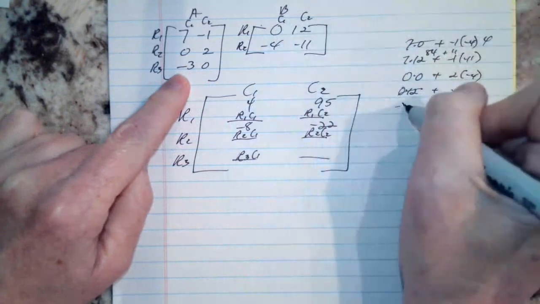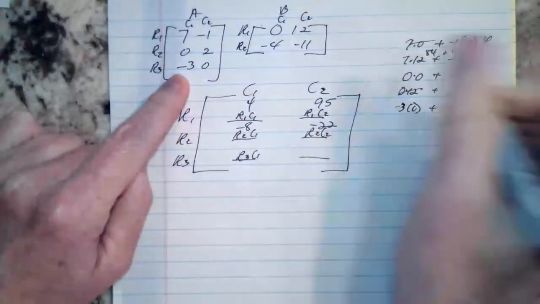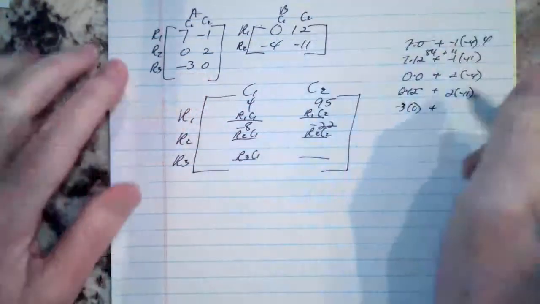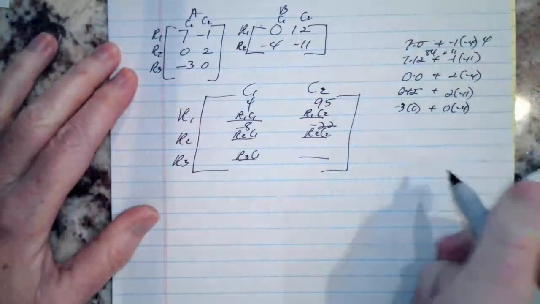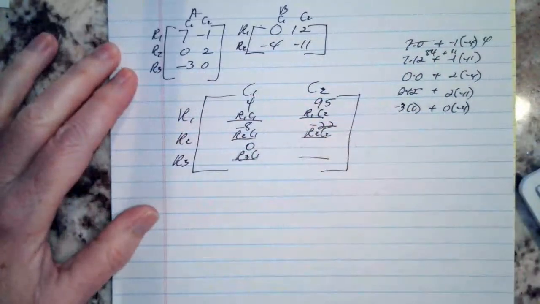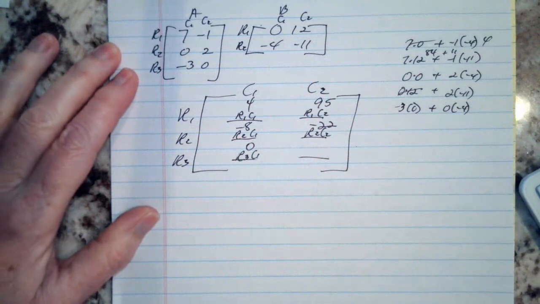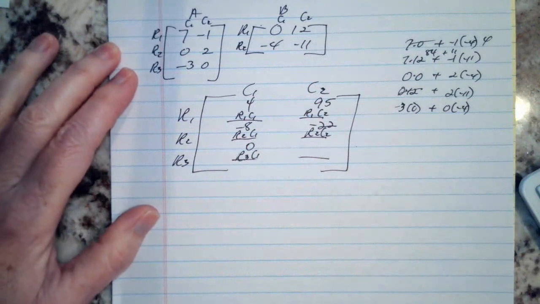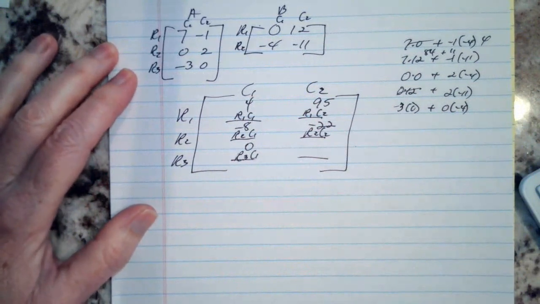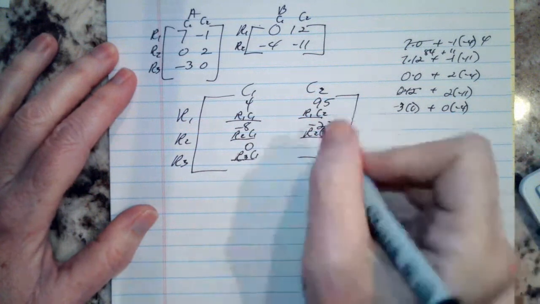So -3 times 0 plus shift 0 times -4. So that's just going to be a big fat old 0 there. And then finally,